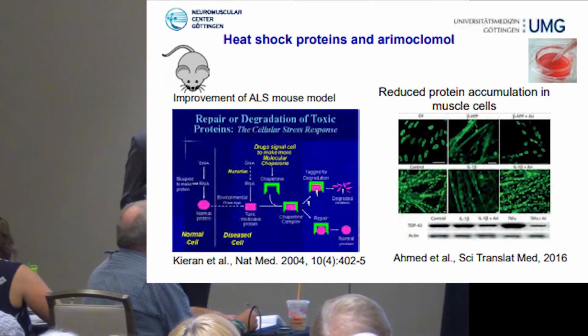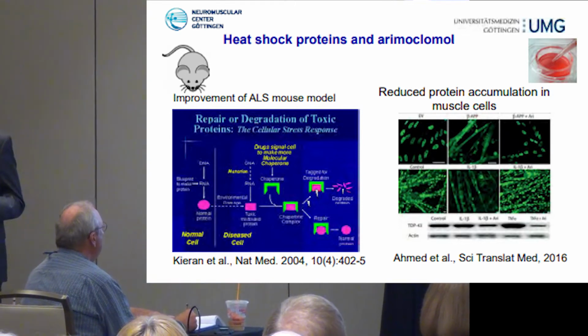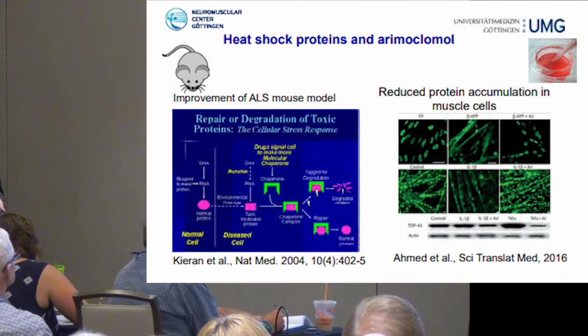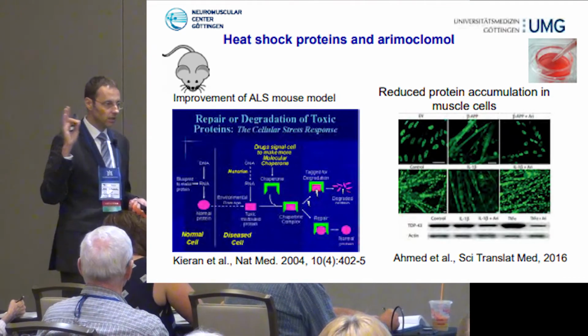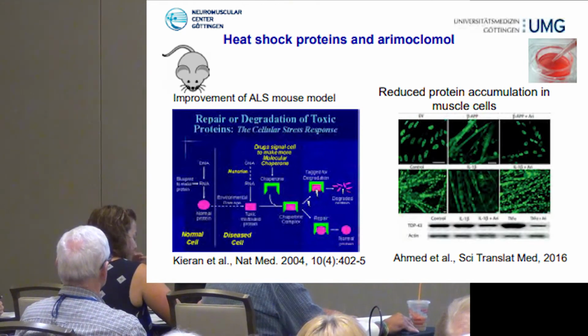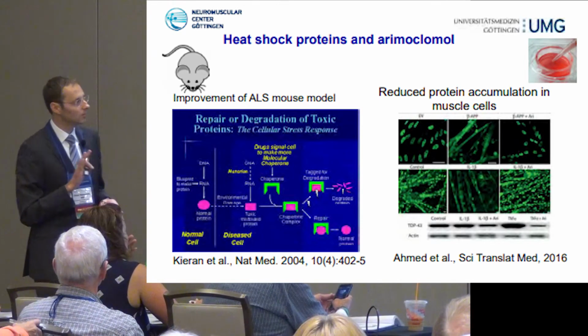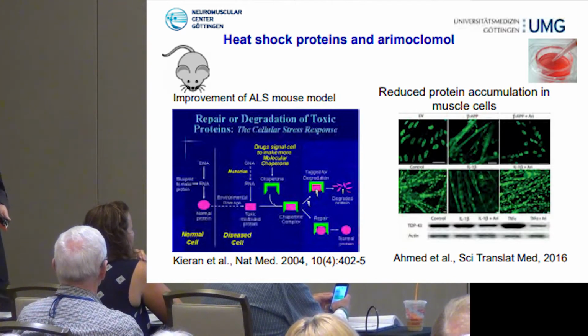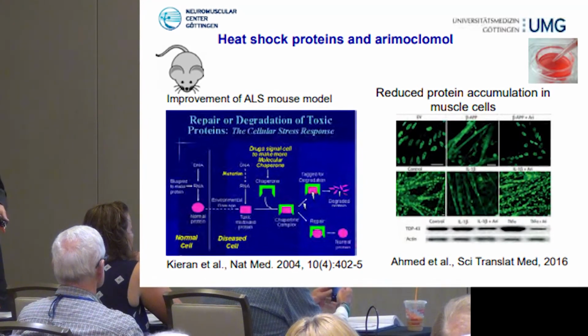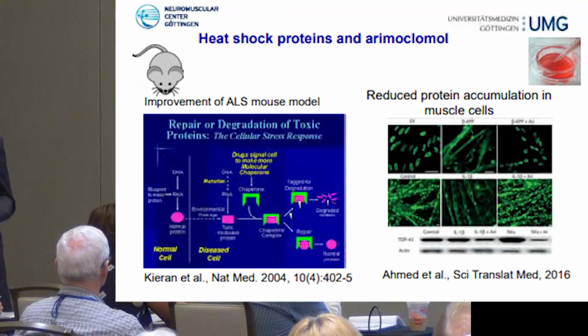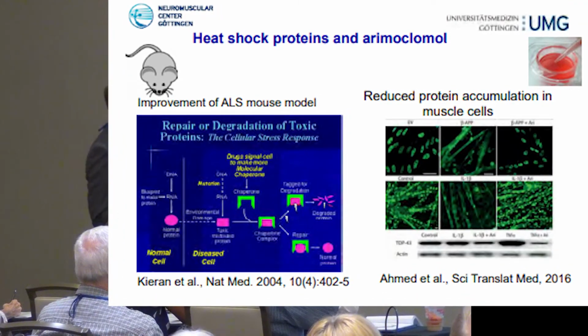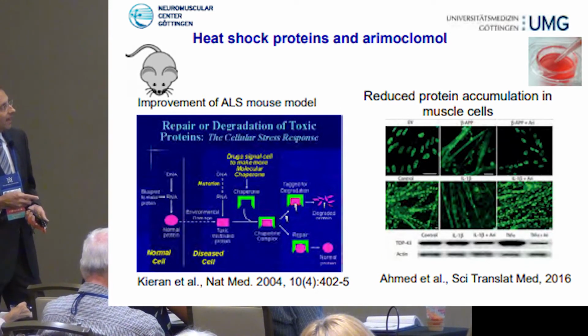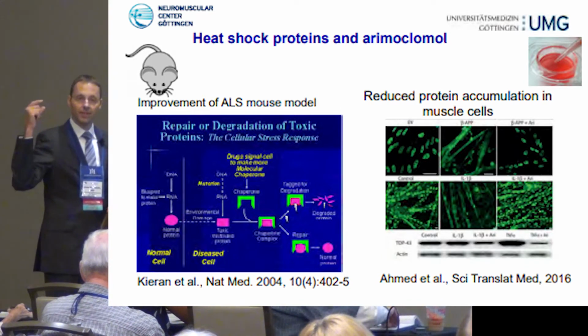Arimoclomol, as we just said, is an ongoing big clinical trial in the US, and I believe one center in Europe, in London, and I'm not sure, I think one more center in Canada, but I'm not 100% sure. Maybe some of you know more about that. And it goes back to ALS. This drug was first shown in 2004 to be operational in a model for ALS, and it was active by